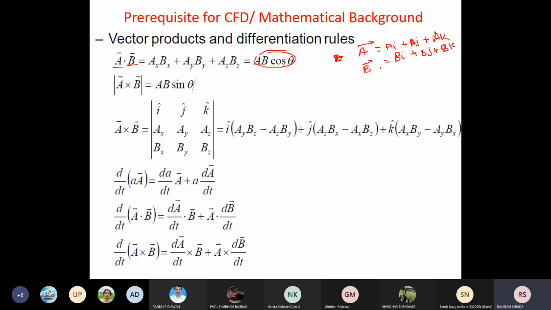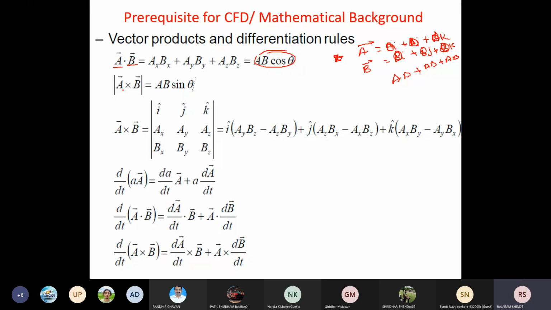When we take the dot product of these, you just have to multiply a1 b1 plus a2 b2 plus a3 b3. Okay, the product of these coefficients: this one and this one, this one and this one, this one and this one. Okay, you can take any example and calculate, or you will get related examples in your books on mathematics. And this dot product or vector algebra is very important when we start the course on fluid dynamics. Okay, next one, this is the cross product.